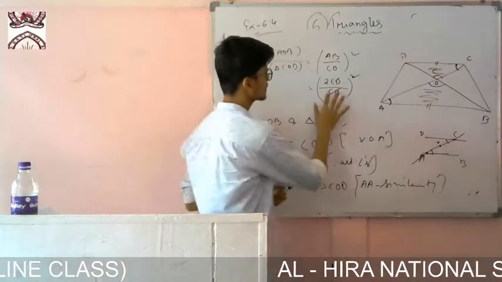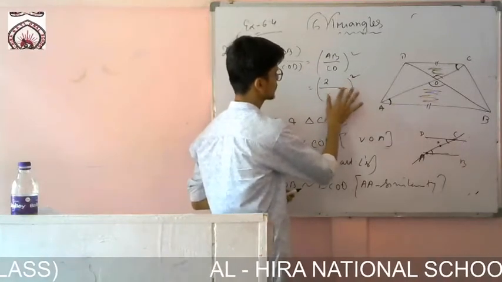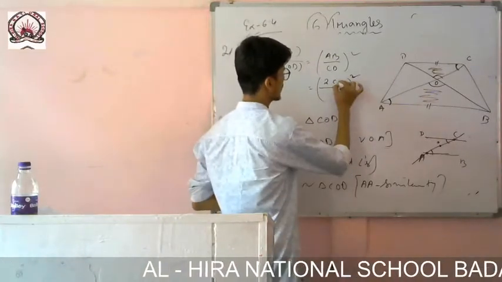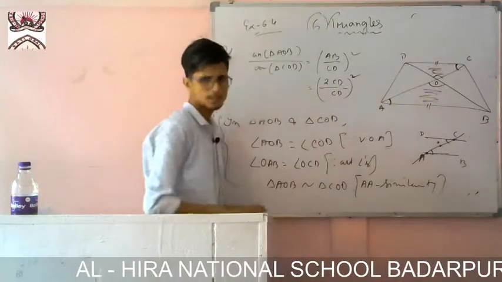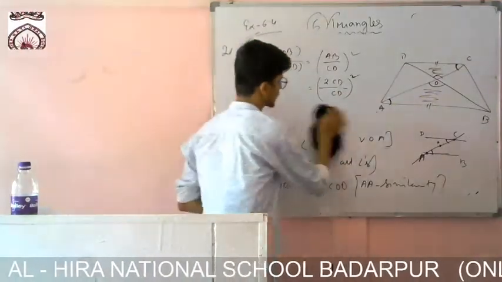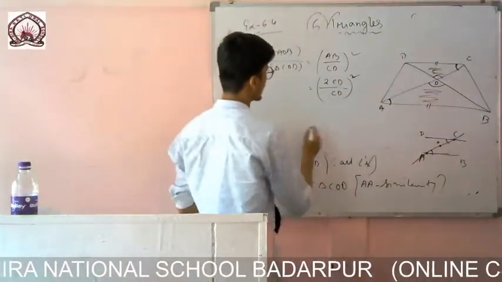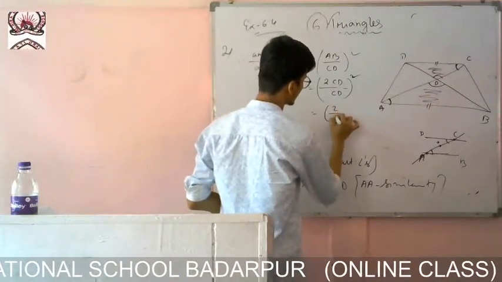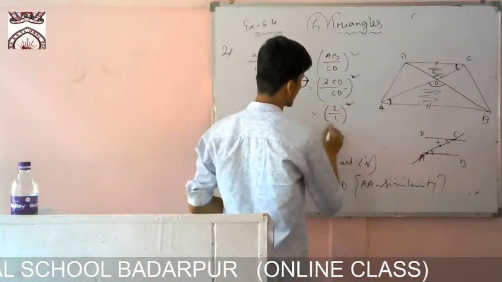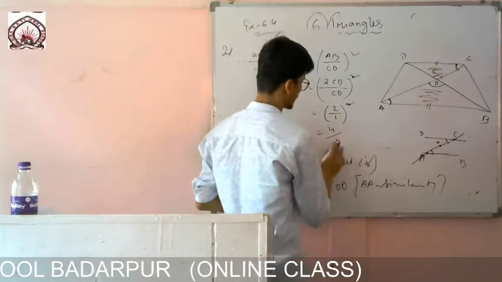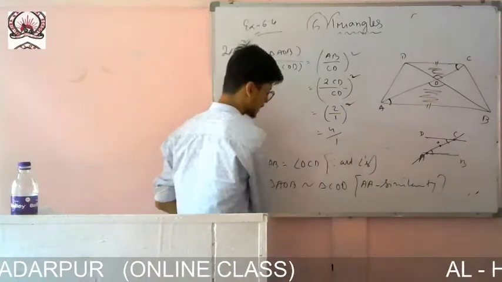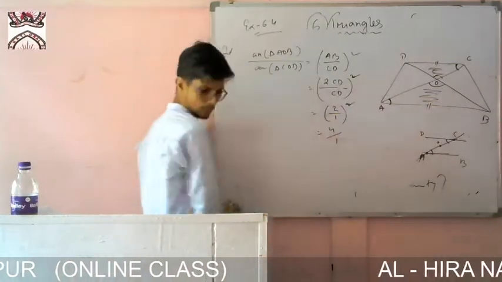Okay, I am not cancelling, we just see geometry, you don't cancel normally this thing. So let it be like this. CD will be gone. After that what will be there? It will be 2 by 1 because above only 2 is left and below nothing is there, 1. 2 by 1 squared, that means 4 by 1.